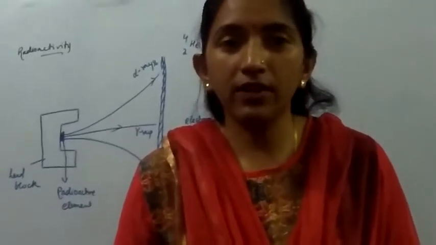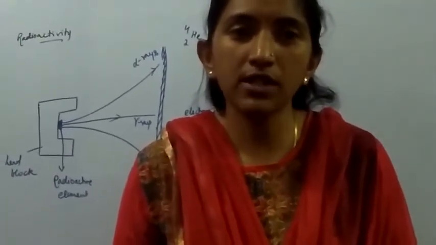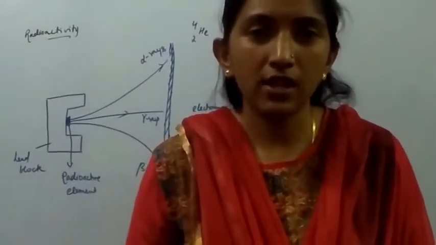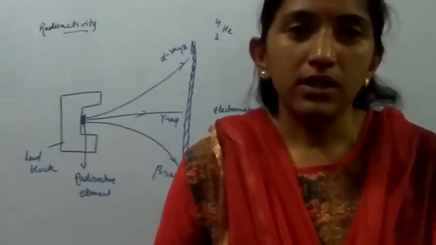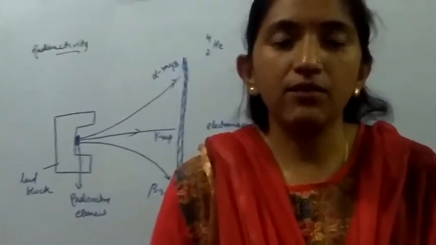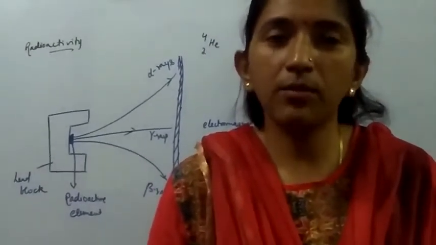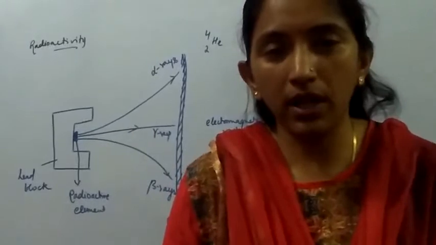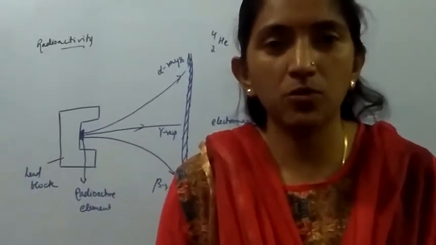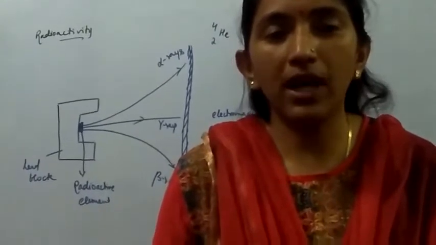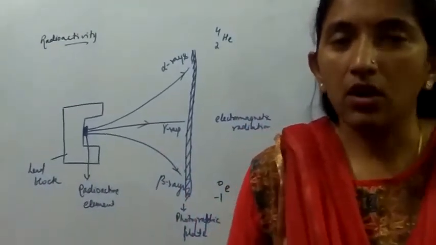Now, radioactive elements are the elements which will have the spontaneous emission of certain kinds of rays from their surface, right? Now, these rays were studied mainly under the influence of an electric field. So, depending upon the deflection toward a particular plate, either the positively charged plate or the negatively charged plate, they were considered to be alpha rays, beta rays, or gamma rays. Now, let us have a look at the setup.